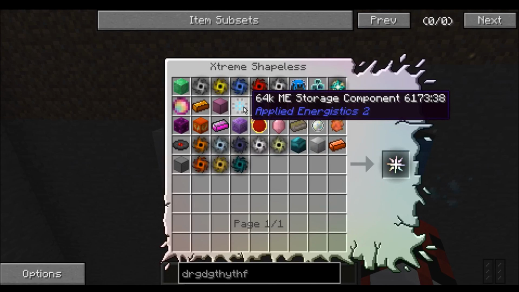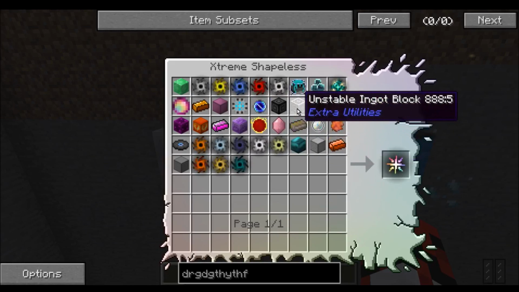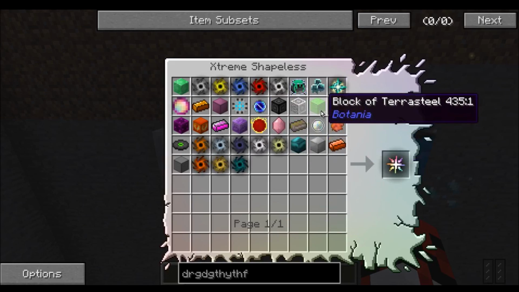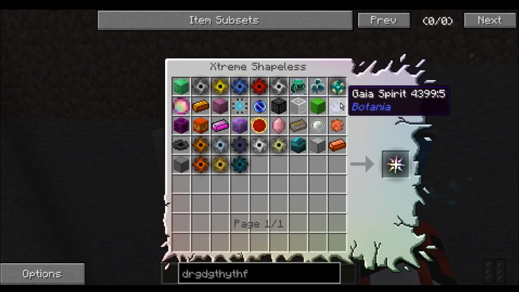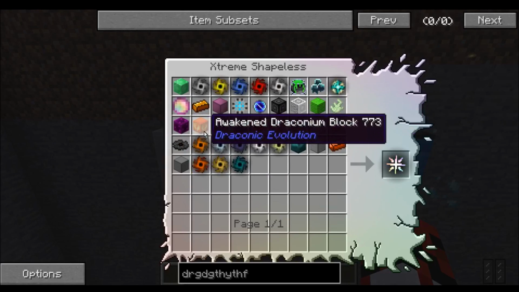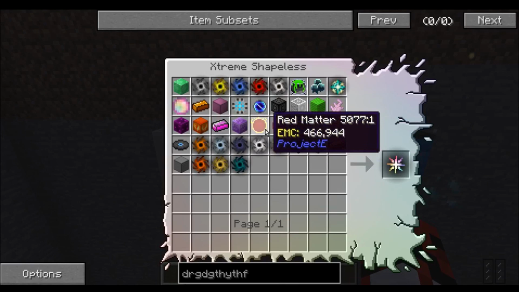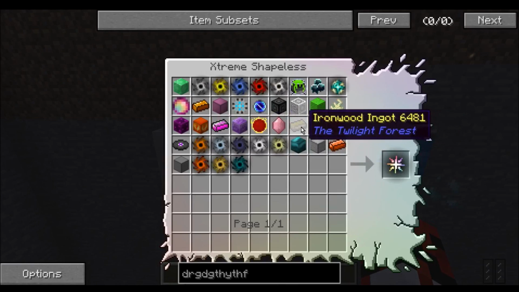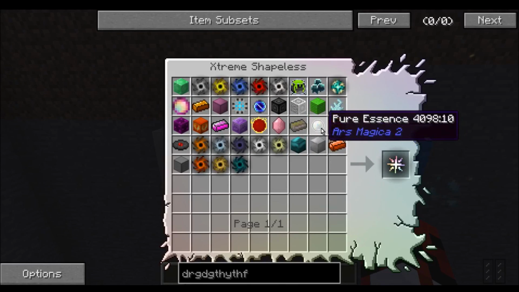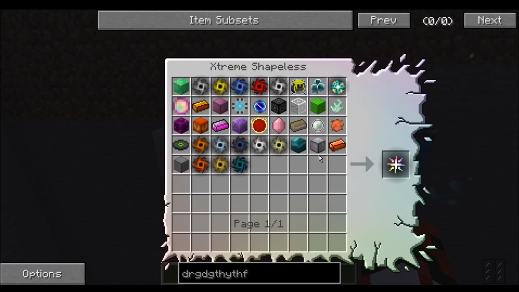Icorium from Thaumic Tinkerer. Enhanced Galgadorian Block from Steve Carts 2. 64k ME storage component from Applied Energistics 2. A Singularity from Applied Energistics 2. Block of Bedrockium, Unstable Ingot. Block of Terra Steel from Botania. A Gaia Spirit from Botania. Crystal Cluster from Blood Magic. Awakened Draconium Block from Draconic Evolution. Ludicrite, Block of Manulian, Red Matter, Pink Slime Crystal, Ironwood Ingot from the Twilight Forest, Pure Essence from Ars Magica 2, Sunstone from Ars Magica 2, Music Disc, Singularities, Enderium Block, Steel Block,